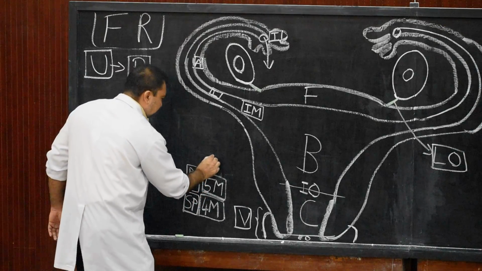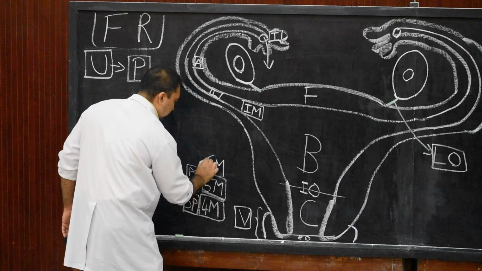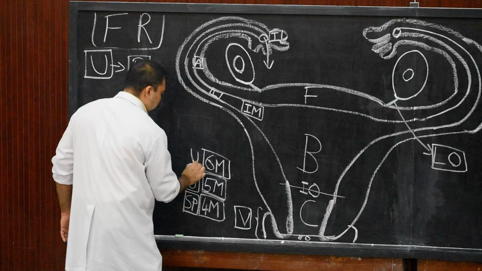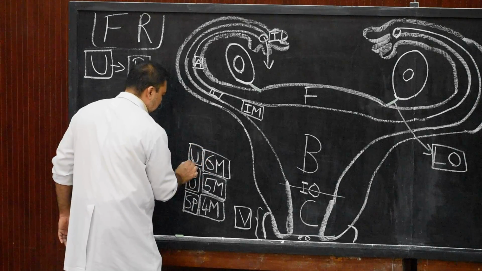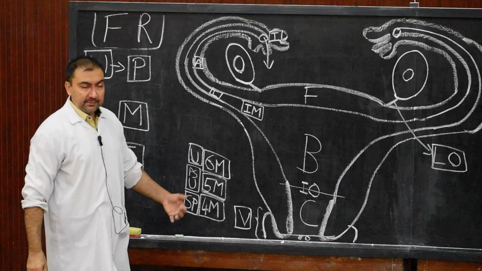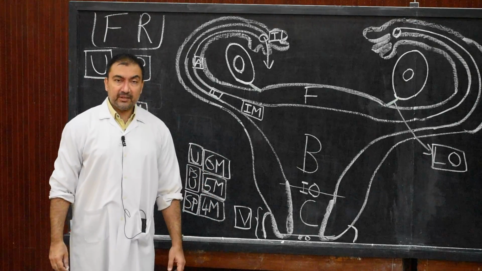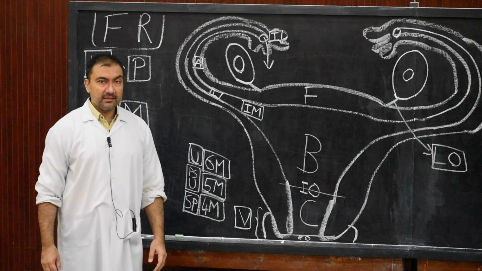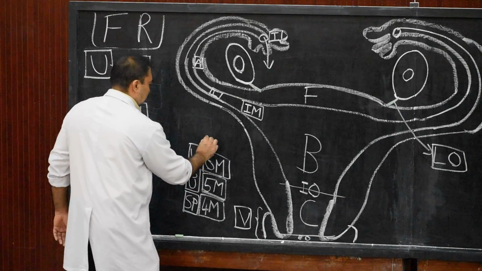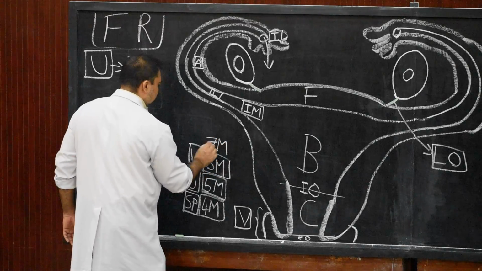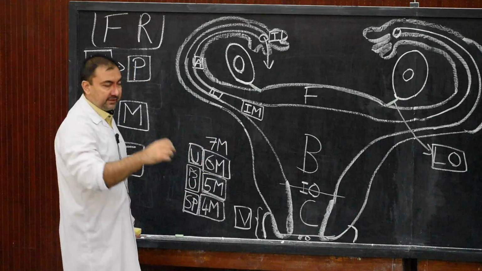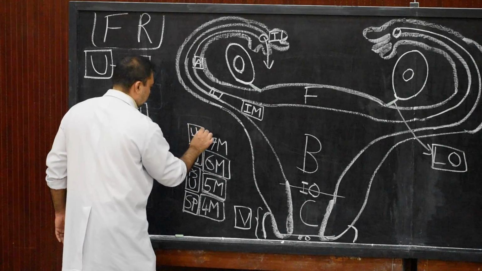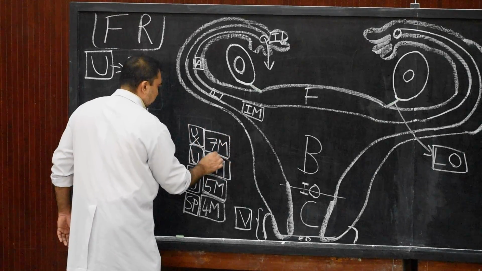Then coming to the 6th month, at the 6th month of pregnancy, the uterus will reach the umbilicus. Please note down. Why are we discussing this? Because these are asked as MCQs. So at the 6th month of pregnancy, the uterus will reach the level of umbilicus. 7th month, please note down, it will reach midway between the umbilicus and xiphisternum. So midway between umbilicus and xiphisternum at the 7th month.